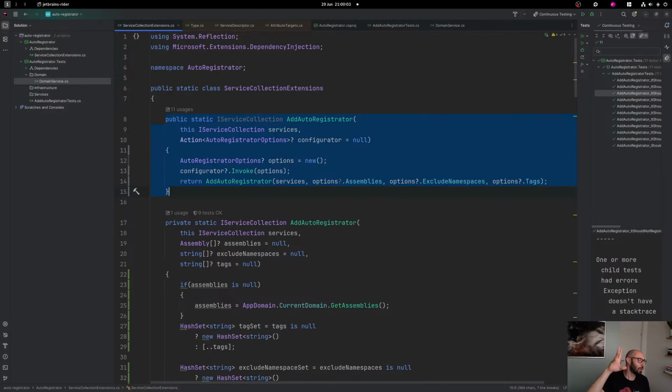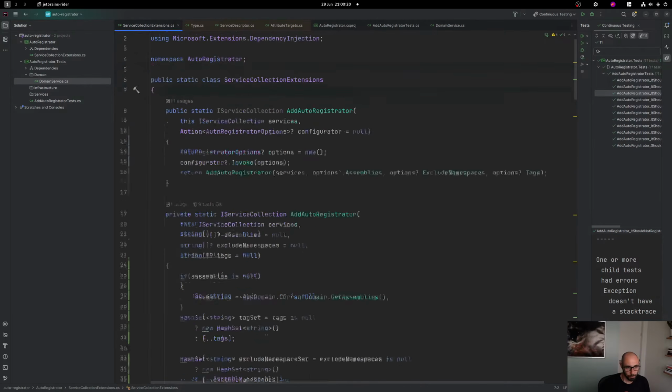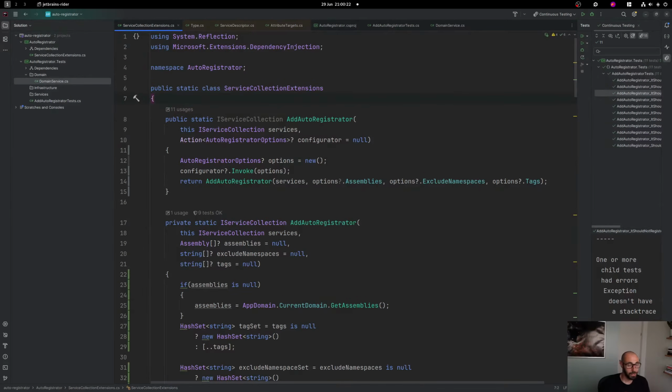Like 15 years ago, you were able to register things in Autofac with strings. You could say register this type, and you pass the namespace, the fully qualified name, and you say which interface you want. That was really nasty, XML all over, but that was really, really old. Anyway, if you are interested about this,